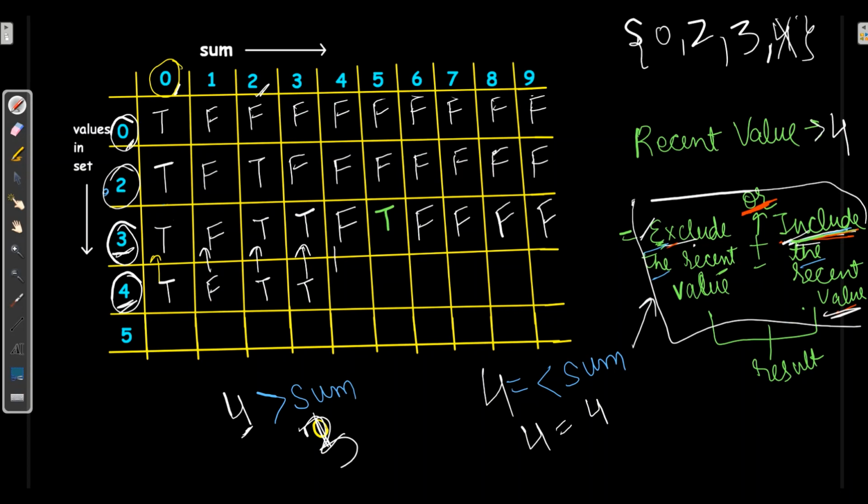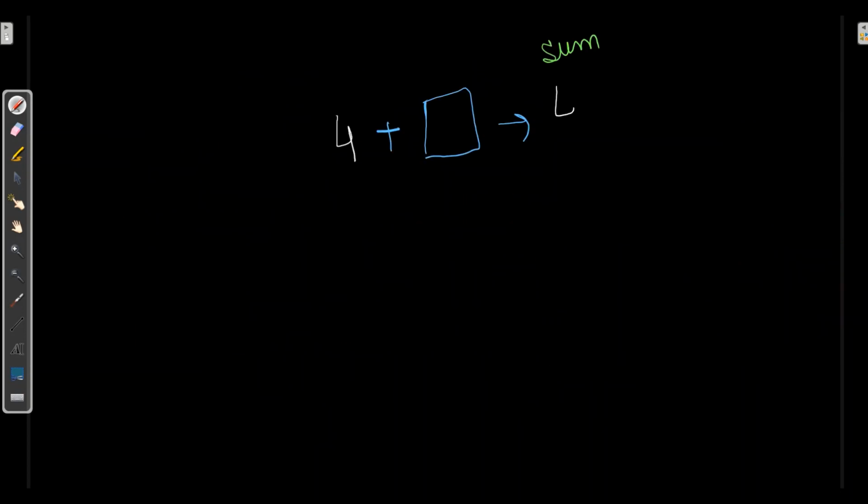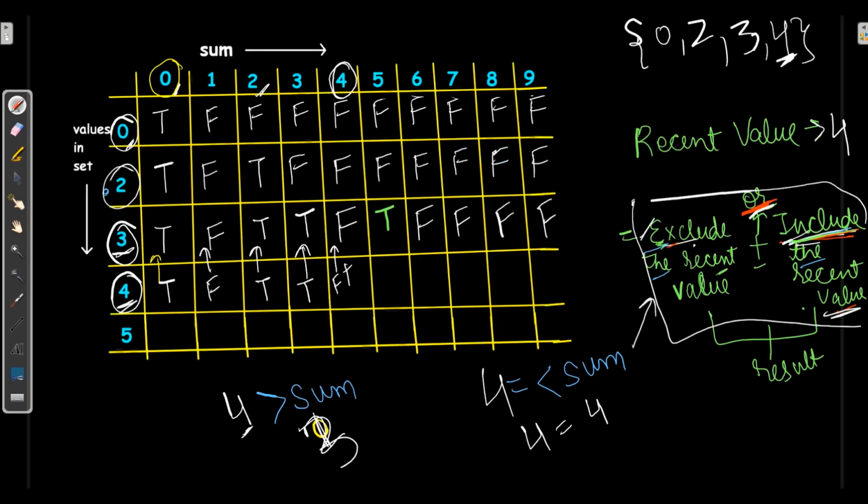That means first I will copy from above cell, then OR include the recent value and will check whether 4 can make 4 sum. 4 is able to make 4 sum by just adding 0. So here in the above row, I will check in the 0th cell, which is true. So false or true will make true.